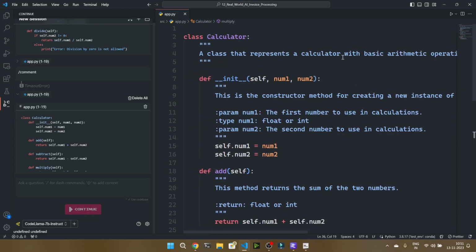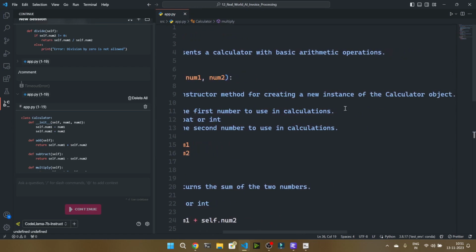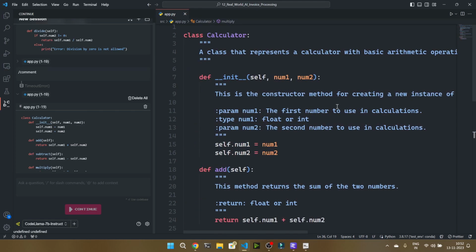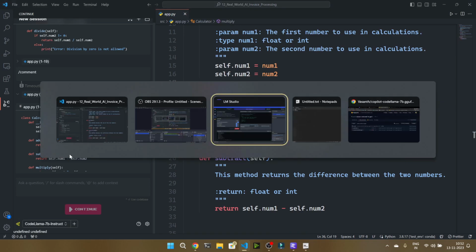It is saying a class that represents a calculator with basic arithmetic operations. This is a constructor method for creating a new instance of the calculator object. It initializes the 2 numbers that are to be used in the calculations, param number 1, type number 1, param number 2. It has given everything, and also it has followed the format in which the docstrings are to be generated. So yeah guys, this has been a pretty good